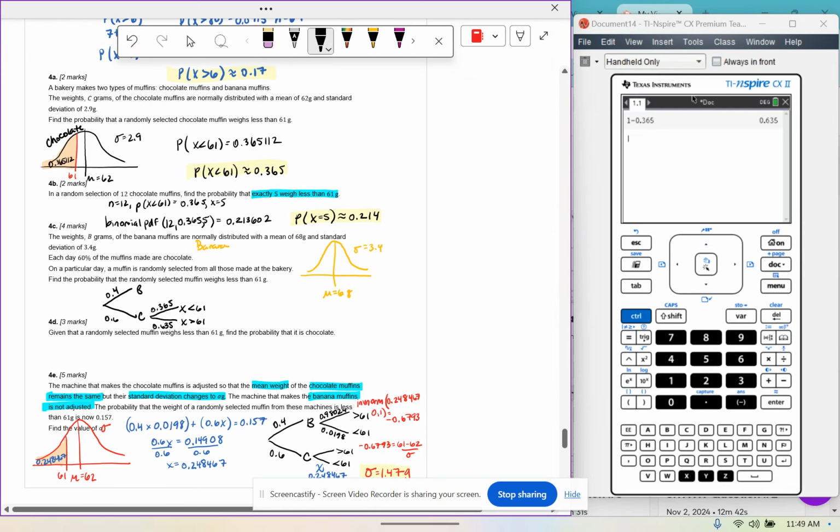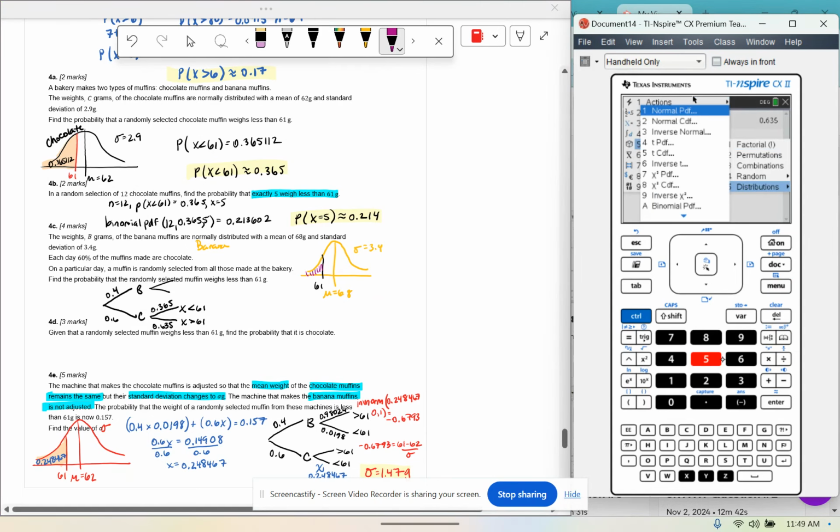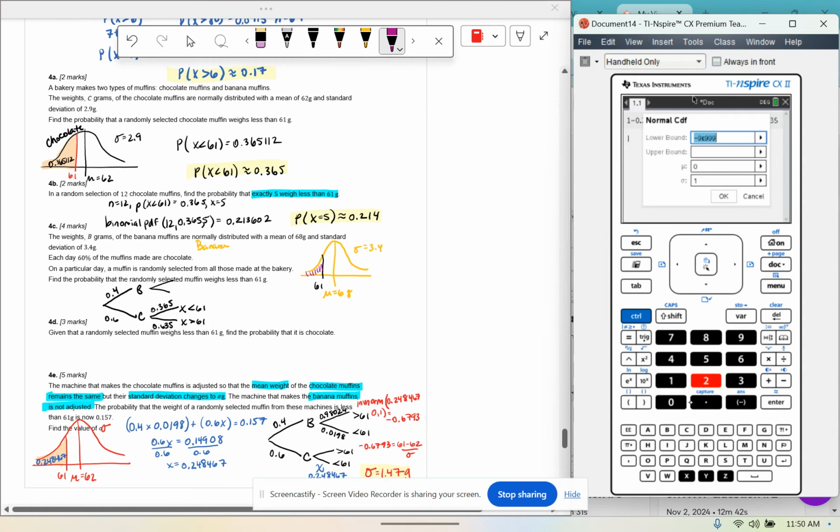Okay, and then for the banana muffins, I don't know what the probability that it is less than 61 grams is, but I'm going to put it on the normal curve, and I'm going to try to find this area to the left. All right, so menu 5.5. I got myself here in norm CDF. I'm going from negative infinity to 61. The mean is 68. The standard deviation is 3.4. And I've got